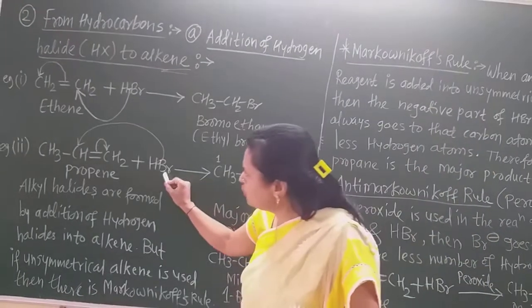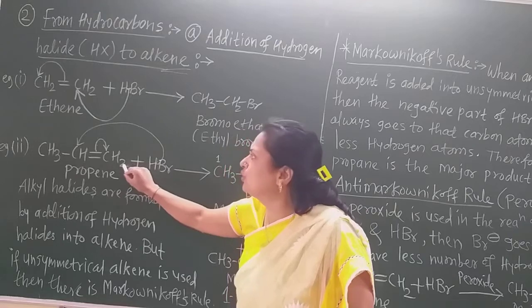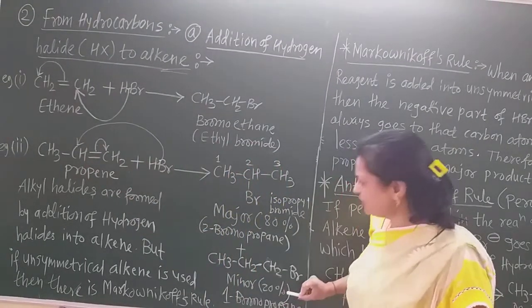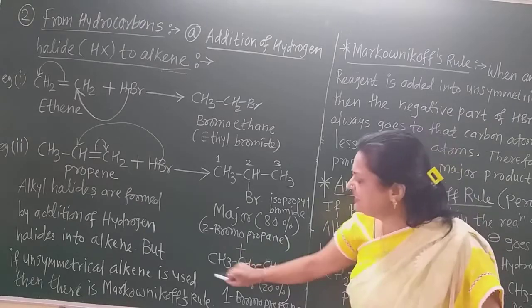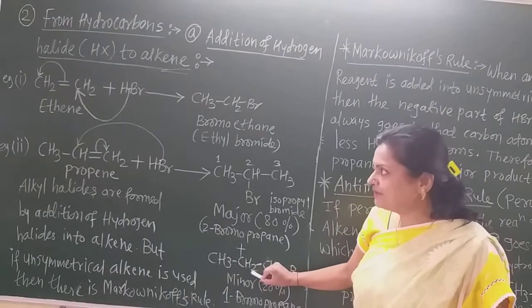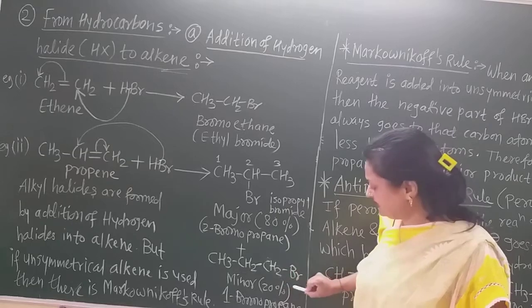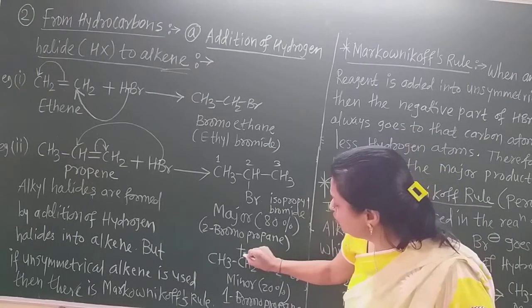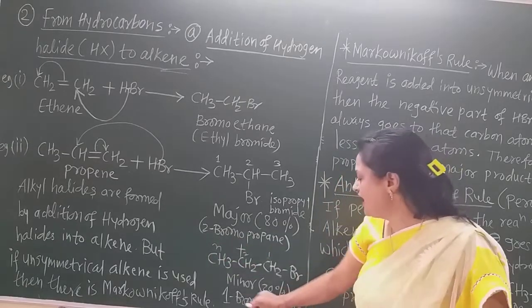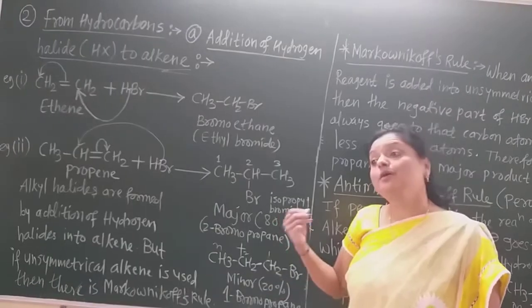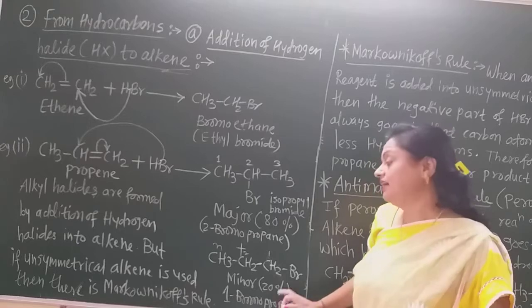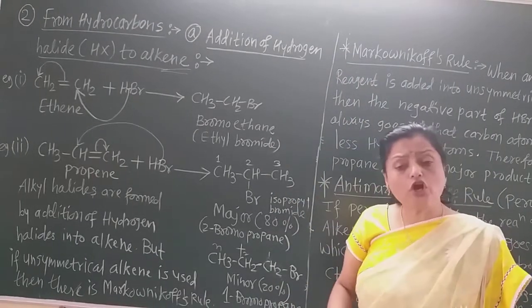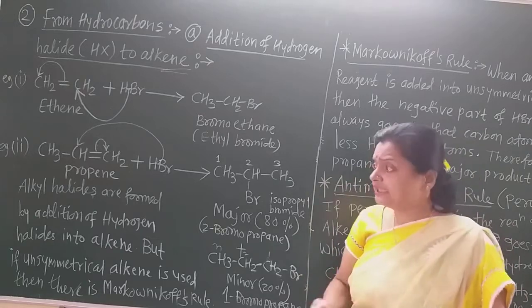So this bromine goes to the carbon containing more hydrogen and hydrogen goes to the carbon containing less. Now there is the formation in this way. See here. This CH3 is as it is. This becomes CH2. Here is CH2 as it is and bromine is attached. Now on giving the numbering 1, 2, 3, this is the 1-bromopropane. That is the normal propyl bromide. We know their name, 20%. So write down such reaction and write down the Markovnikov's rule. You will get the full 3 marks.